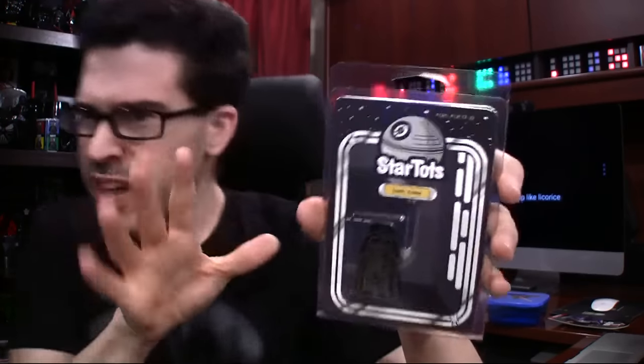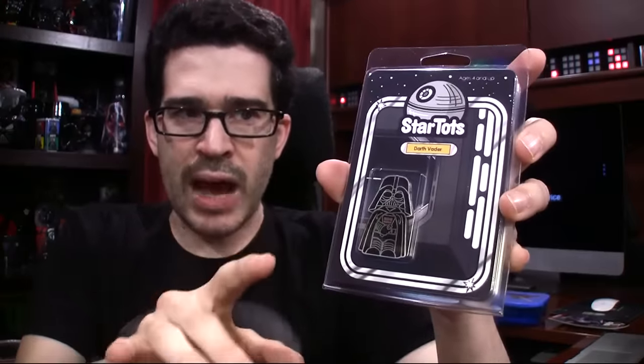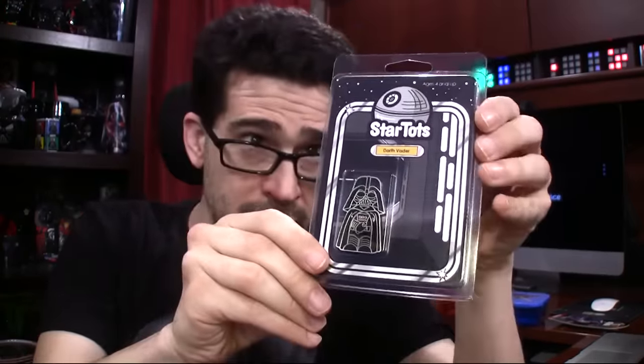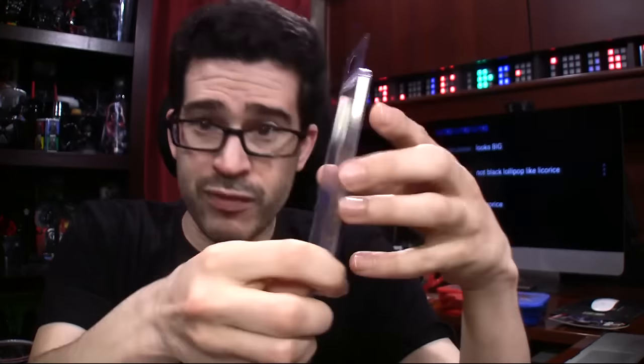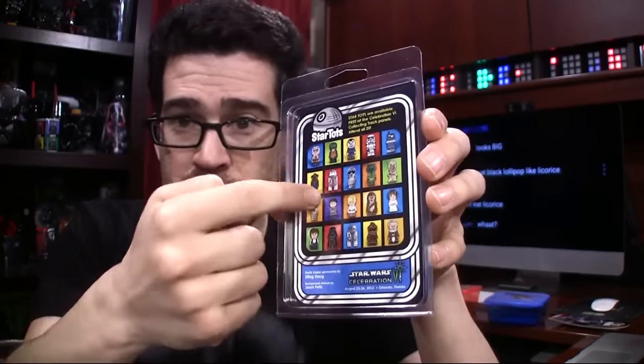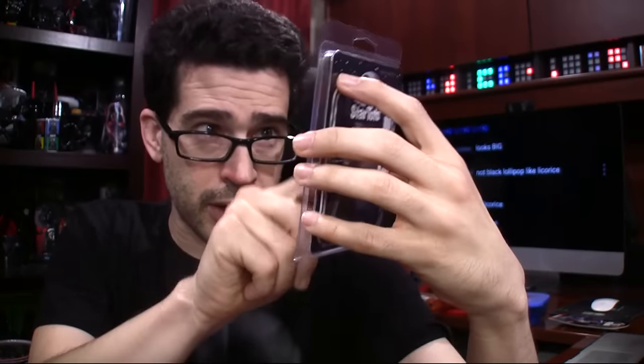So, these, not really pins, these pieces of metal, these little collectibles, not figurines, but if I can rotate it the right way, they were given out to people who attended the Celebration 6 collecting track. And if you attended all 20, then you got all 20 Star Tots. Now, the only one that I was interested in, believe it or not, at this stage was the Darth Vader Star Tot. I may go back and get the blue Snaggletooth